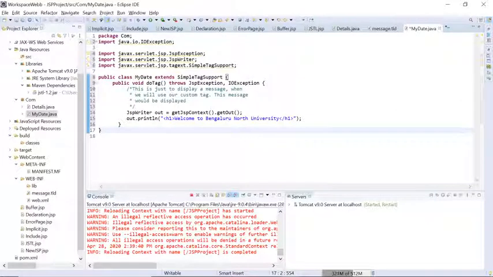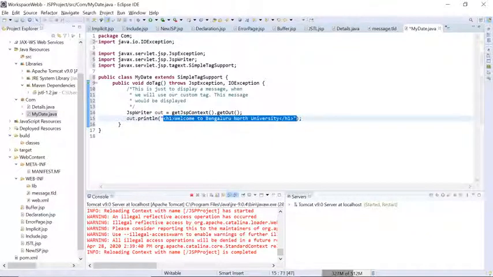Now what I need to display is the current date. What I will do is java.util.Date with the constructor, new Date. I just want to display the date.